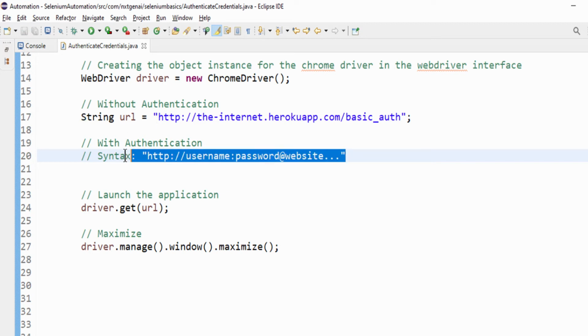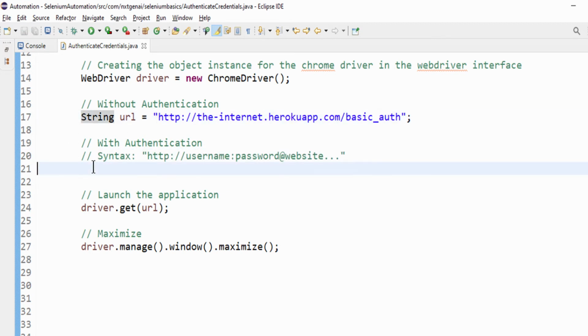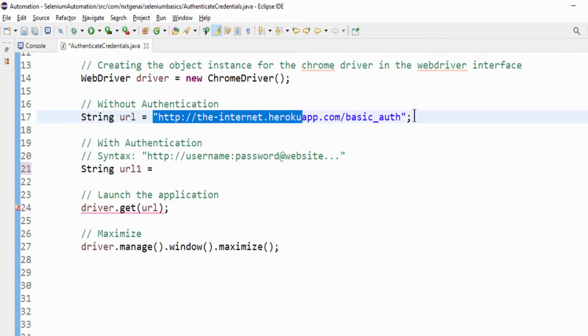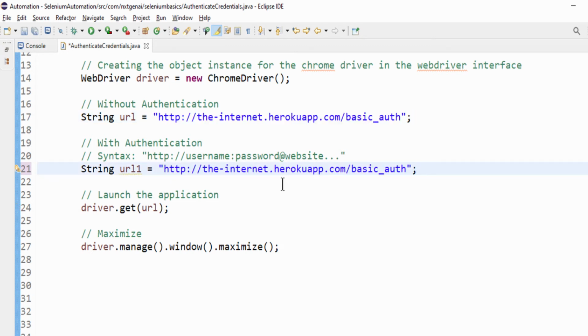Based on the above, let's try to form a new URL. Maybe I'll call it URL 1. We can copy paste this. Now we have to enter the username colon password. We already know the username is admin and the password is also admin, and then, very important, you have to include the @ symbol.